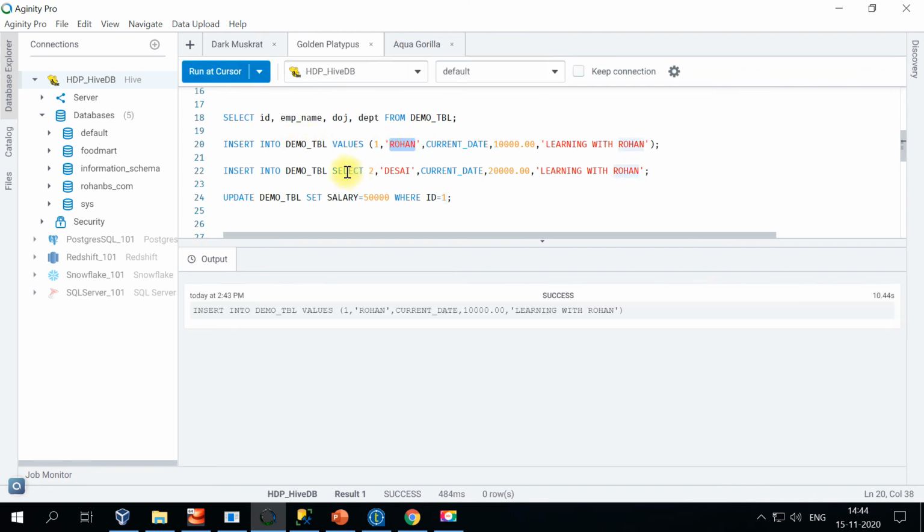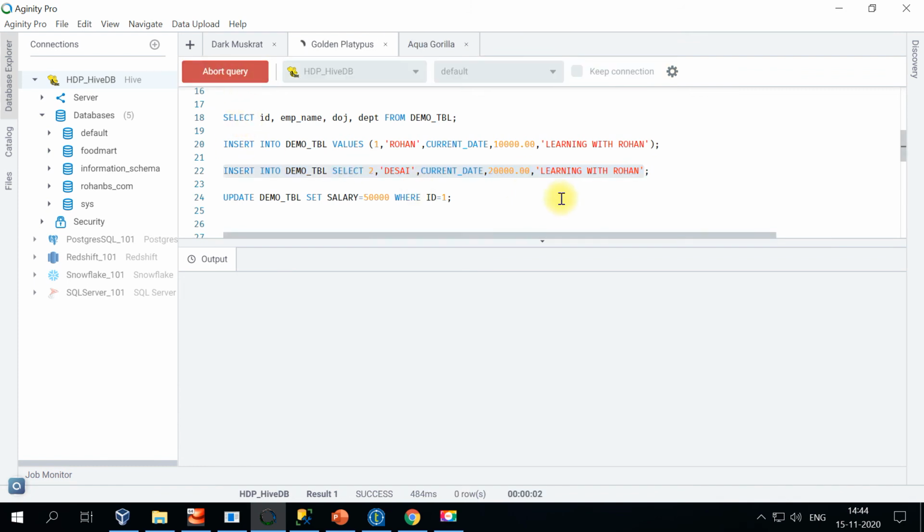And there is another way, instead of hard coding values, you can even use a select statement to pick up the data from some other table or any other place. You can even use insert into this table along with select from a different table. You can do that as well.